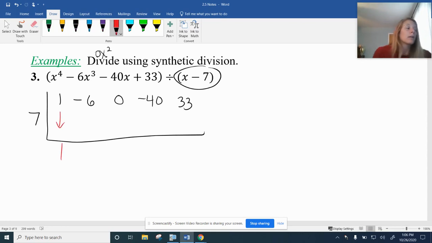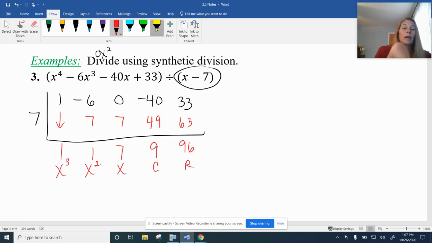Using my grid pattern, I drop down that 1, multiply it by 7, add those up, multiply by 7, add those up. 7 times 7, 49. I'm going to add those up, and 7 times 9 is 63, and then I get 96. Remember, that is my remainder. The 9 would be my constant. The 7 is my x coefficient, and then this one is my x squared, and this one is my x